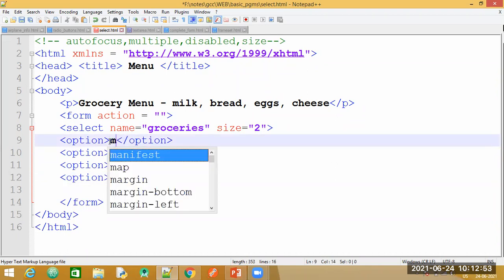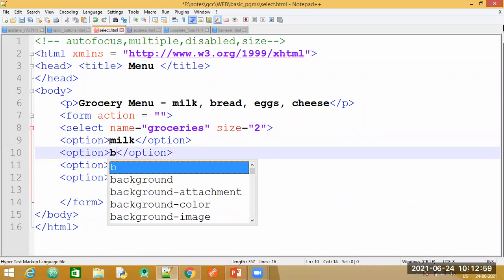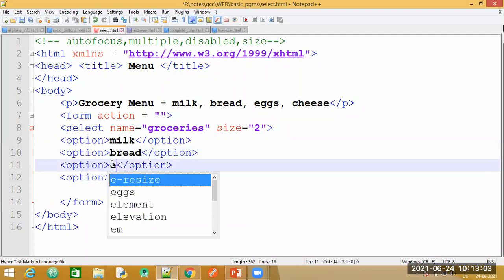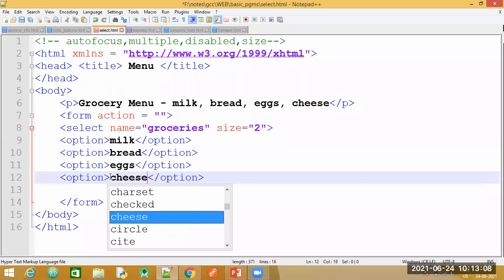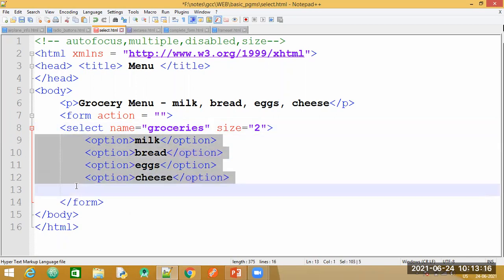And inside this I need to write the list names or any element names that you want to appear in the drop down. We need also to end this select tag. Remember that these options are a part of the select tag.